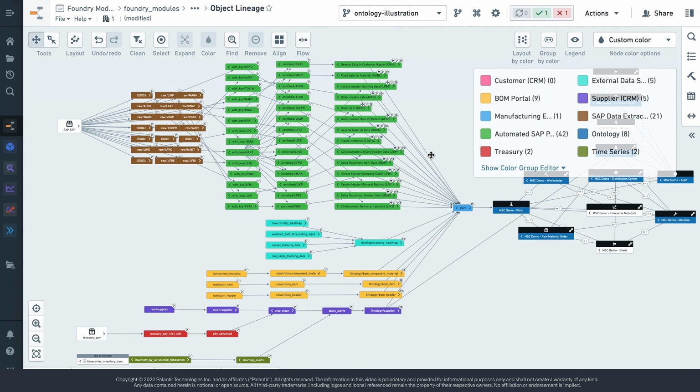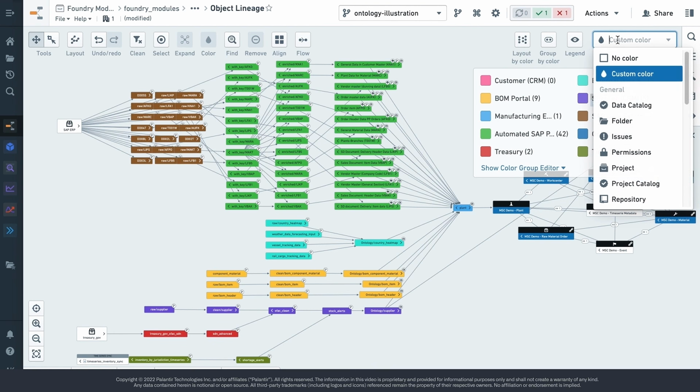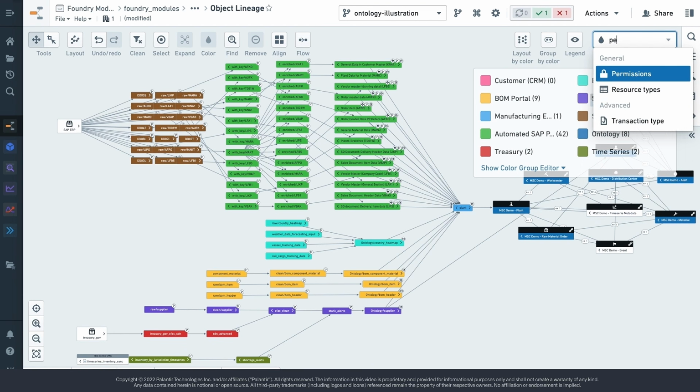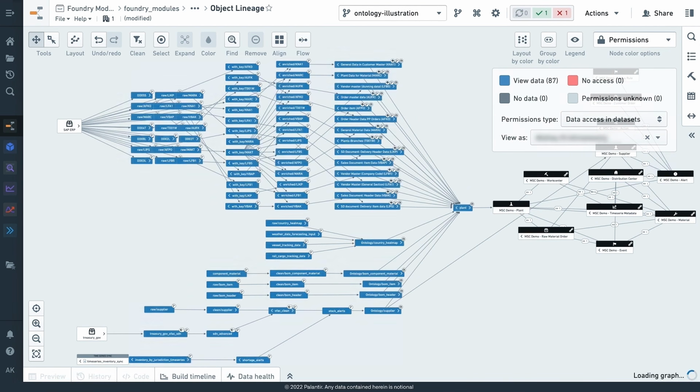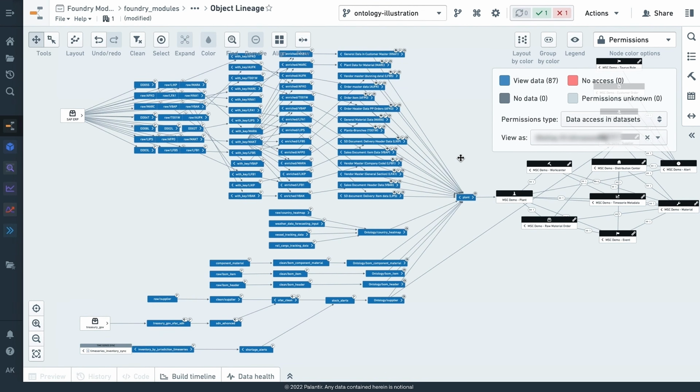And lineage is actually a concept that is intertwined with security in the Foundry platform. So if we think about how we're securing data and how that security will flow into the ontology and into workflows beyond that, let's actually change the view here for a second to take a look. So we're going to change here to the permissions view, and you'll see here that it's now showing me dynamically what my permissions are across this entire pipeline. So you'll see it's blue. I have access to everything here because I'm the administrator of this environment.